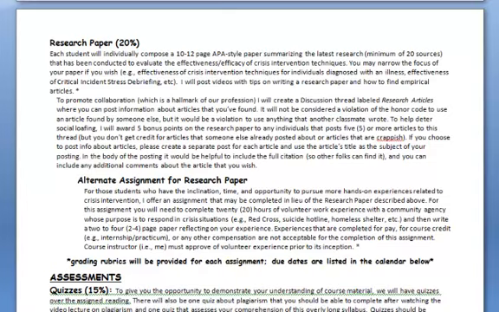You can focus on some issue, or you can focus on some particular technique like critical incident stress debriefing, right? Or EMDR, or whatever else. So it can be as focused as you want, but the paper in general should be looking at, is crisis intervention effective, and what's the evidence that it is?